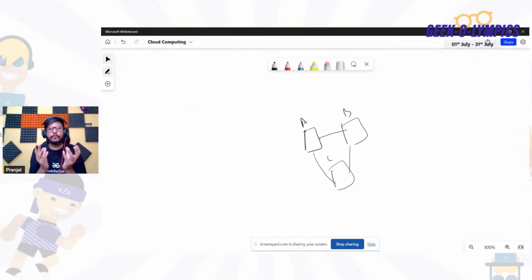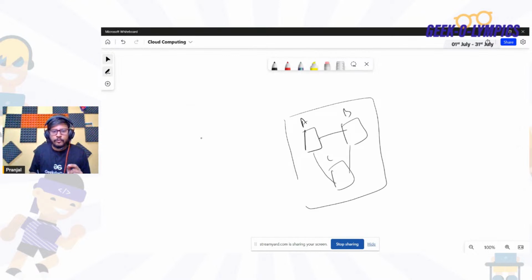Now this is a cluster of data centers. If you make it a logical group, you can name it an AZ, which is an availability zone. So what is an availability zone? An availability zone is a cluster of data centers. Now what the heck is a region? Just like we have one availability zone, we can have other availability zones as well: AZ2, AZ3, AZ4, or whatever.